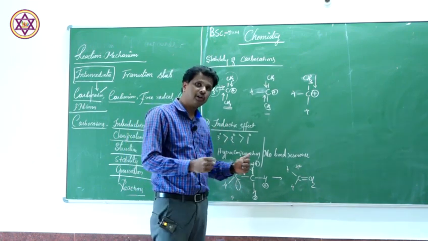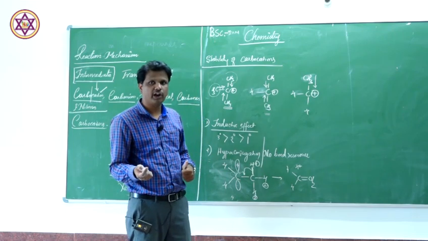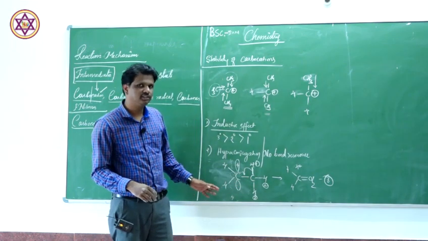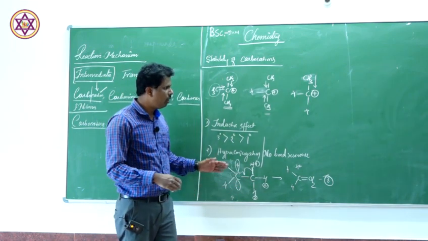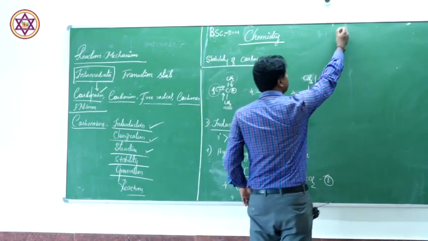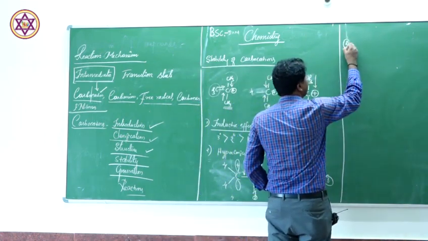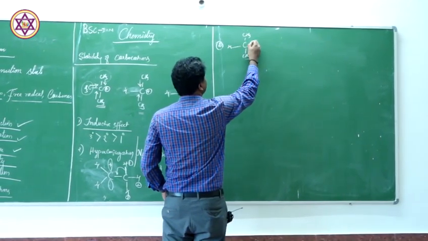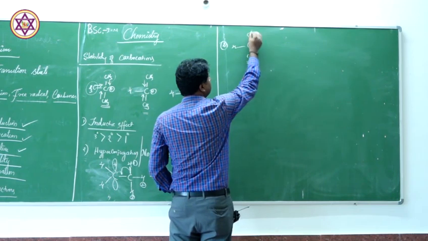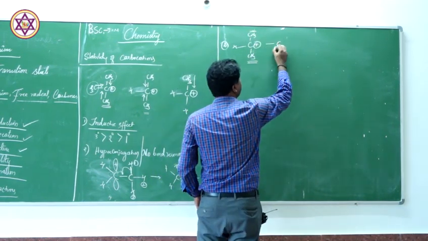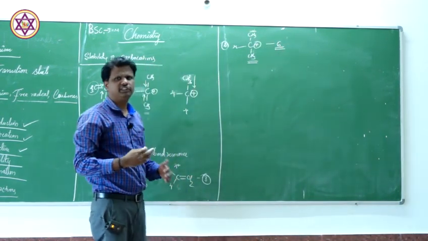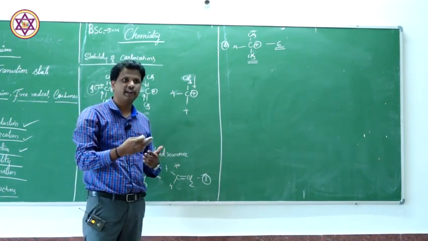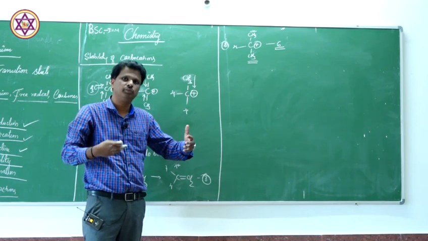So the number of hyperconjugation structures you can write for a primary carbocation is 3, equal to the number of hydrogens on the adjacent carbon atoms. Now how many can you write for a secondary carbocation? You can look here. See, 3 hydrogen atoms here, 3 here. Totally you can write 6 hyperconjugation structures. That means it is more than 3. So that implies that a secondary carbocation can have more hyperconjugation structures, and more stability.